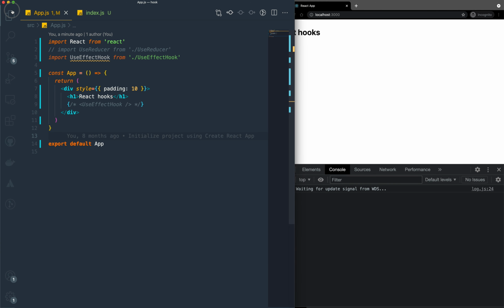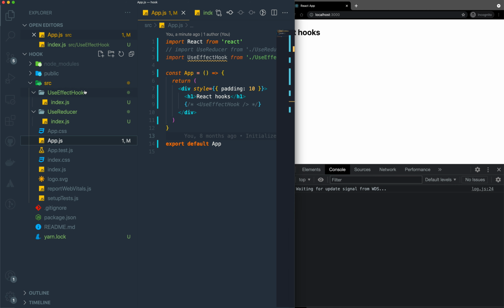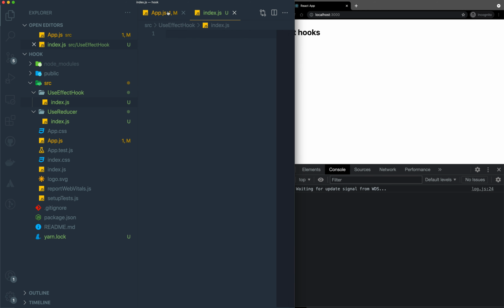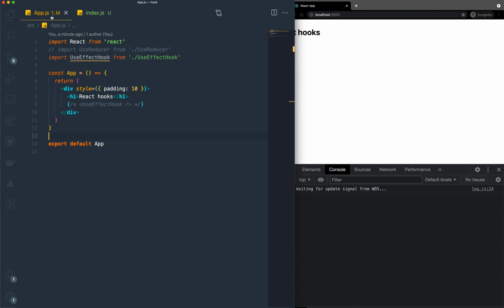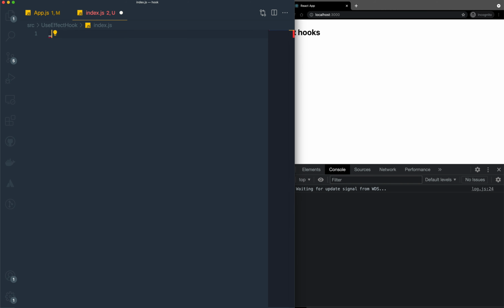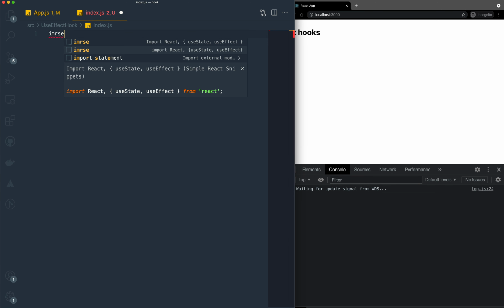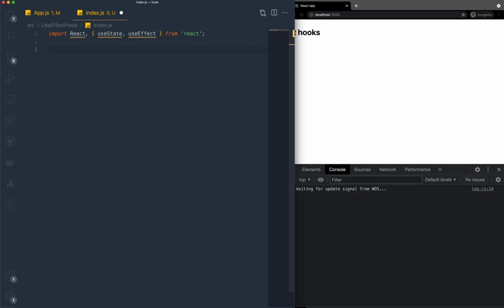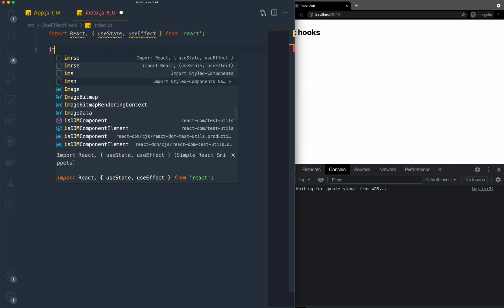So I have created a create React app, and the folder structure looks like this. I have a useEffect hook folder, and within that I have an index.js, and this index.js I have included in app.js. You can see the useEffect hook. In index.js I'm going to create a basic boilerplate, and then show you guys how to use the useEffect hook. So I'm going to import React, useState and useEffect, and then I'm going to create